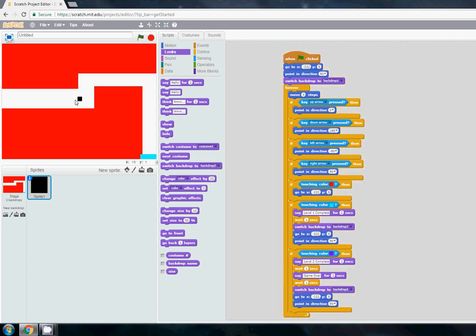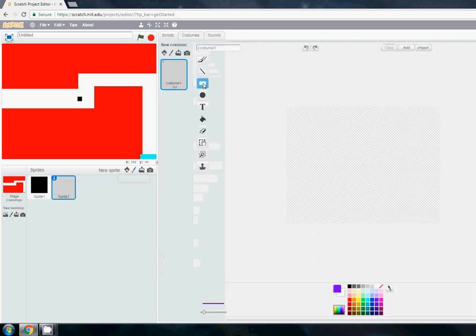So, the only other thing I'm going to show you here is how to add in another moving obstacle, because at the moment the game's a bit easy. So what I'm going to do here is going to add a new sprite. So add a new sprite, okay. I'm going to make it red because it's going to fit in with the same colour, so it's going to be a moving obstacle here. Okay, I'm going to draw. So here I'm going to draw